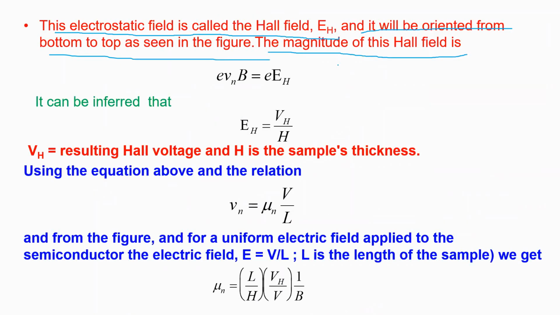ठीक है. ओके सर. ओके, so now we know this thing, that your force is equal to BQV, where B is your magnetic field, V is your drift velocity, and Q is charge of electron. And also force is equal to QE. Q is electron charge and E is your electric field. ये मालूम है आपको दोनों फोर्सेस.